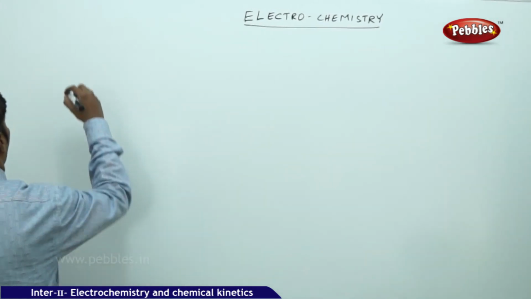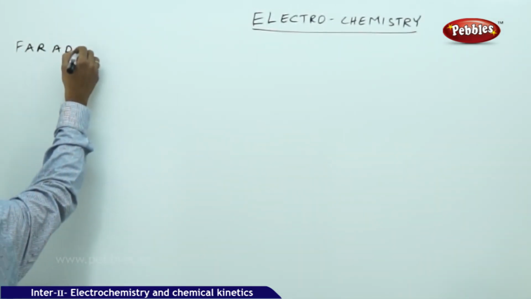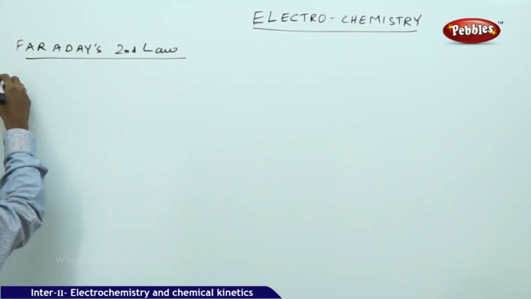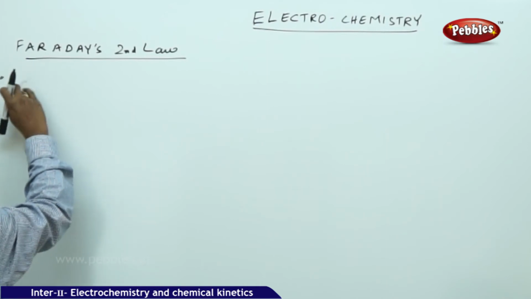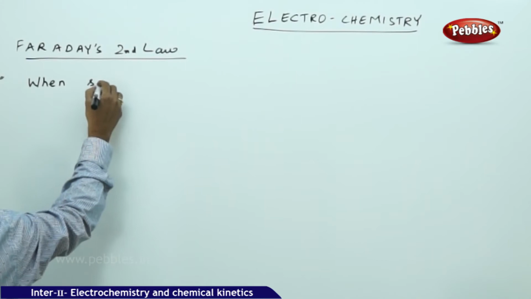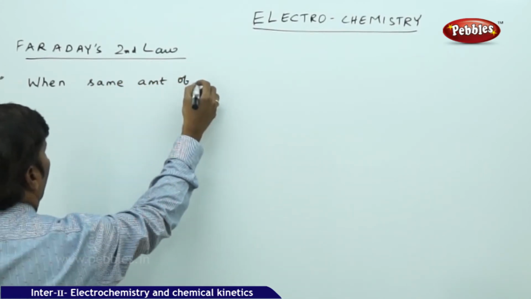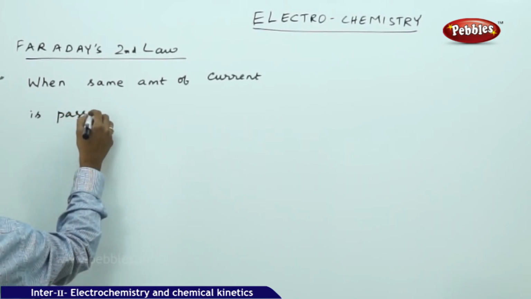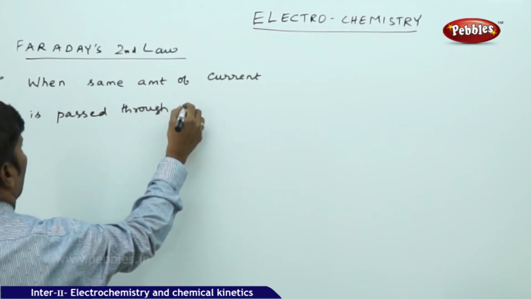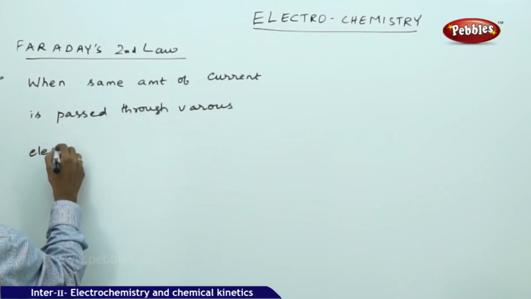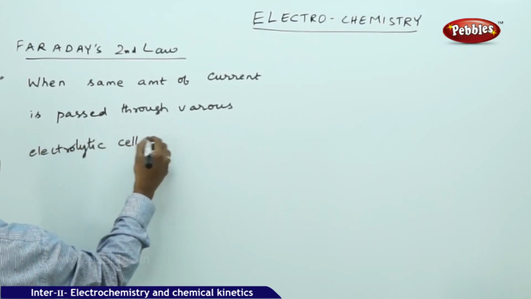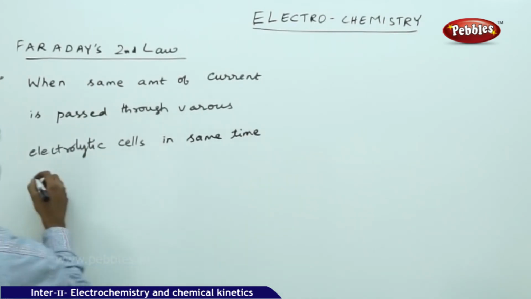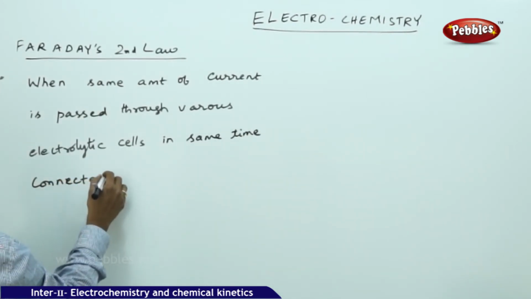So now let us go to Faraday's second law. Let me put the statement first: when the same amount of current is passed through various electrolytic cells connected in series, in the same time,